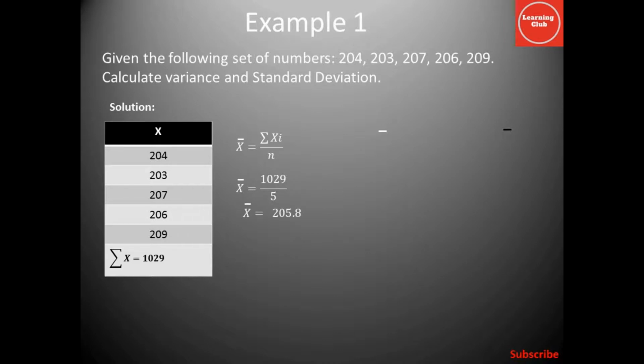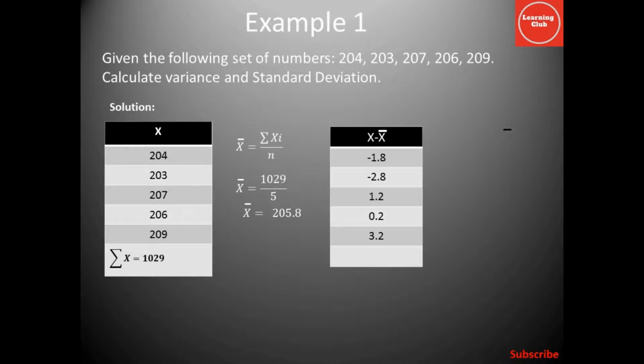is equal to 205.8. Now the next thing which we have to do is subtract the value of x bar from the original values of x. So when we subtract 204 minus 205.8, we will get minus 1.8. 203 minus 205.8, we will get minus 2.8, and 207 minus 205.8, we will get 1.2, and so on, 0.2